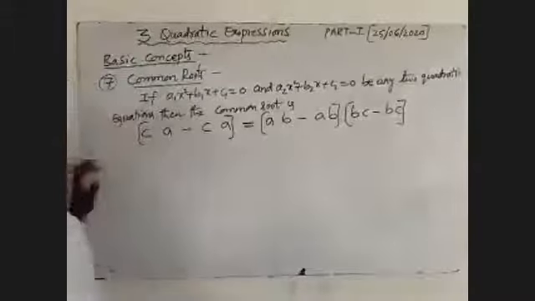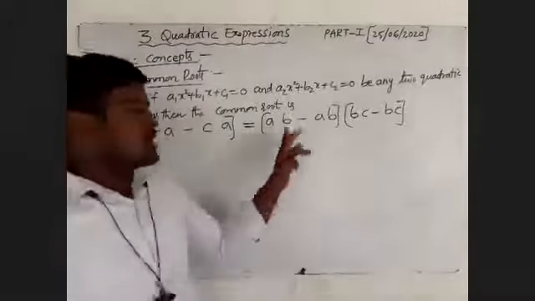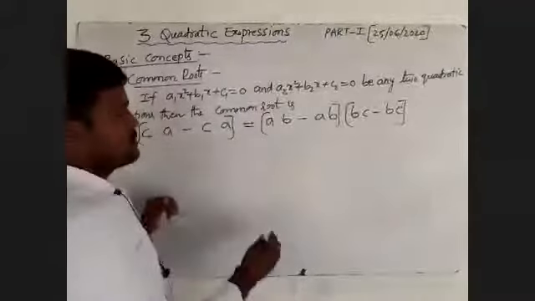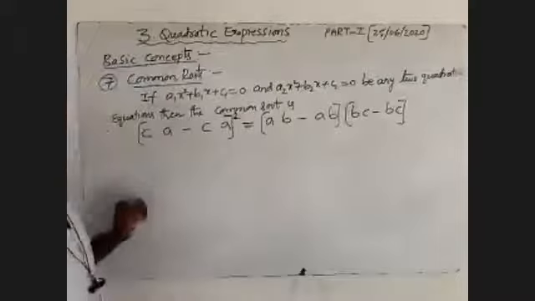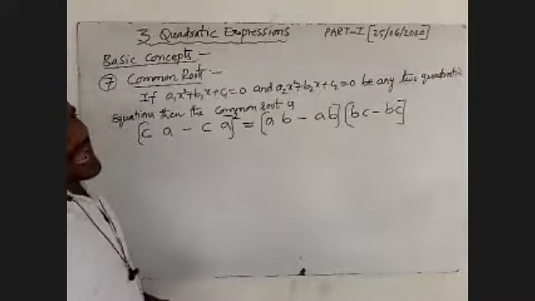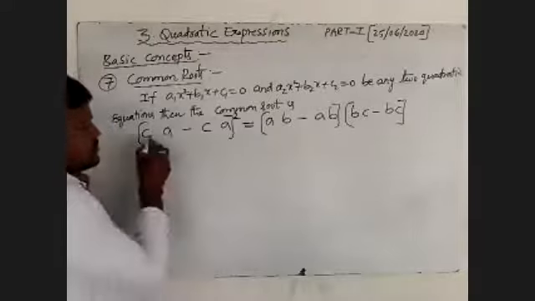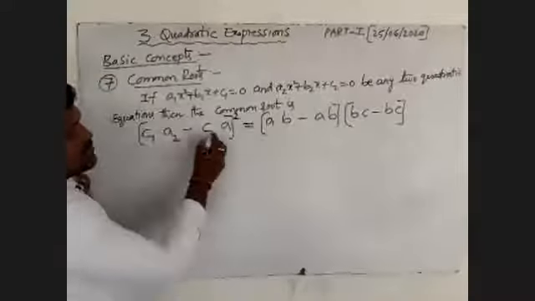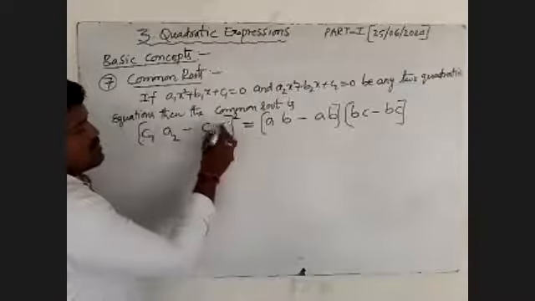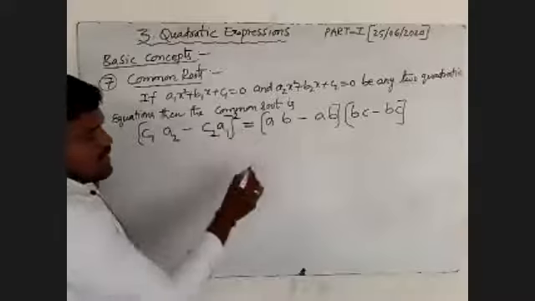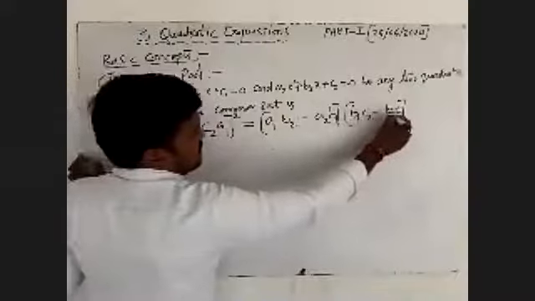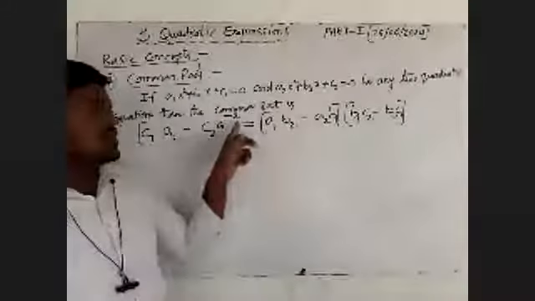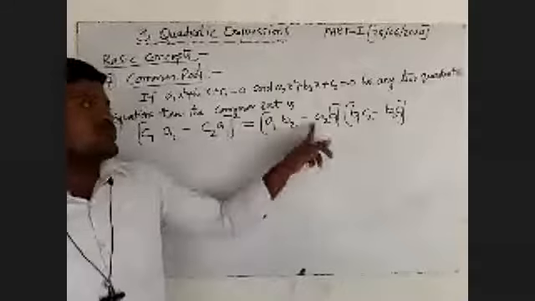We will observe their LHS has only one term, RHS has two terms. When both are equal, we have to take their square on the LHS terms. I will take 1 and 2, 1, 2, the reverse of 1, 2 will take 2, 1. Again we will take 1, 2, 2, 1. Again we will take 1, 2. (c1 a2 minus c2 a1) whole square equal to (a1 b2 minus a2 b1) into (b1 c2 minus b2 c1).